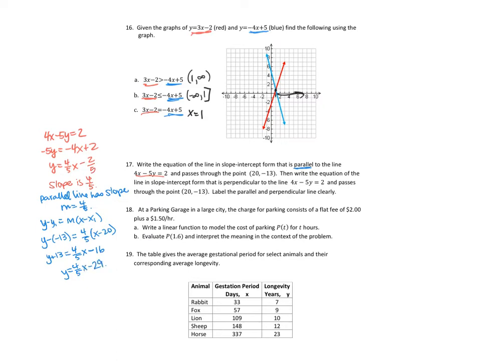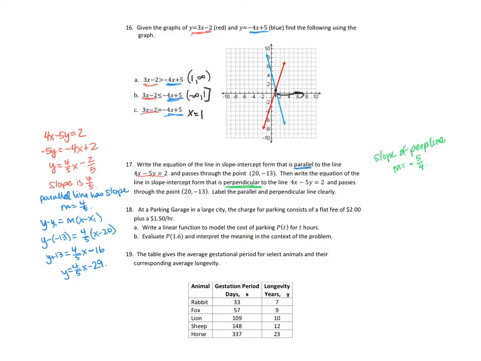And so that is my parallel line. Next, I want to write the equation in slope-intercept form of the line that is perpendicular to that line. So what do I know about perpendicular slopes? So that means the slope of my perpendicular line will be m equals negative 5/4. Okay, so the slope of the perpendicular line would be the negative reciprocal of the slope of the line it's